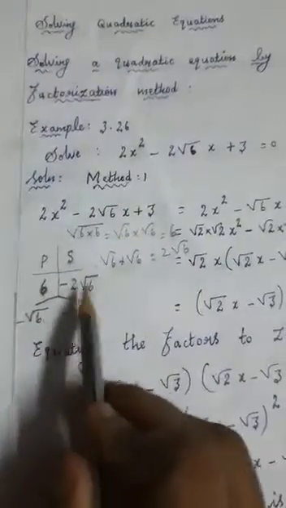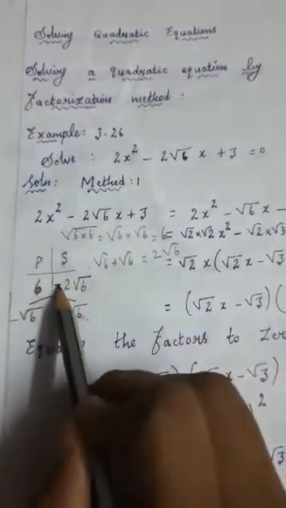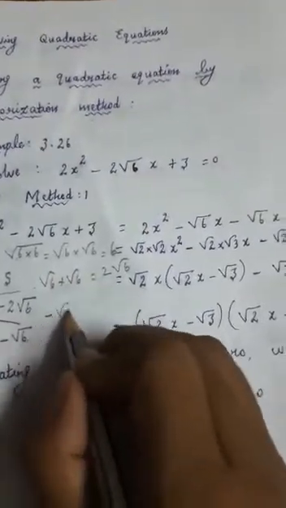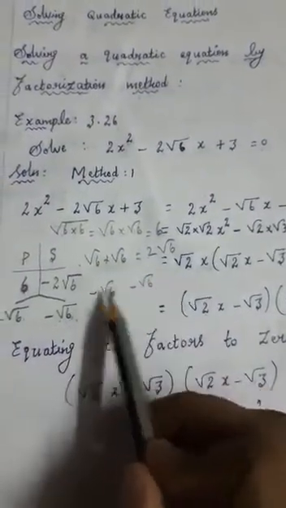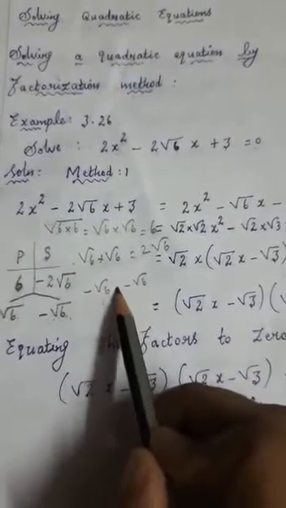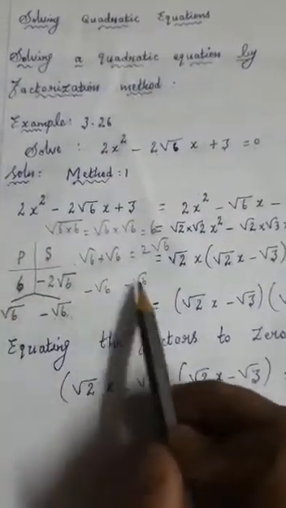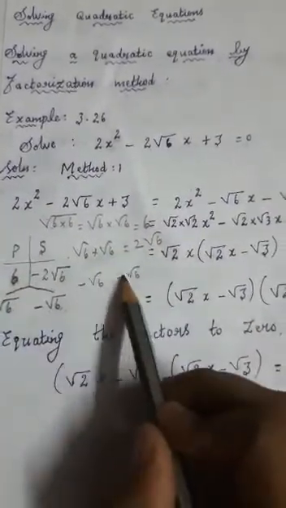So which two numbers are possible? These two numbers only are possible, but we need to adjust the minus, because the sum is minus 2 root 6. So how can you choose the numbers? Minus root 6 and minus root 6. Now see, while multiplying these two numbers, what can you get? Minus minus, while multiplying, will become plus. Root 6 into root 6, what is it? 6. That is possible.